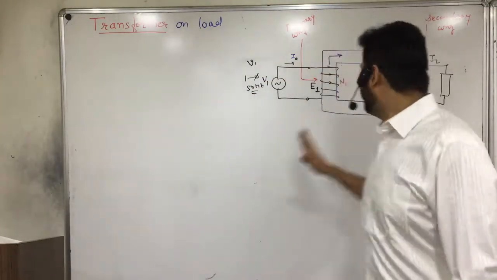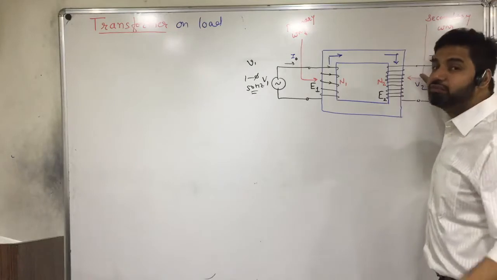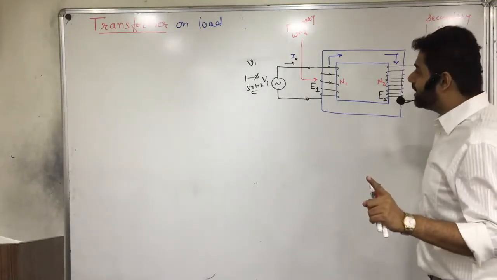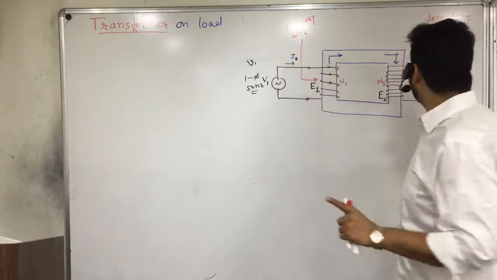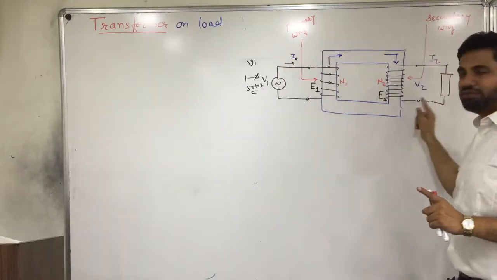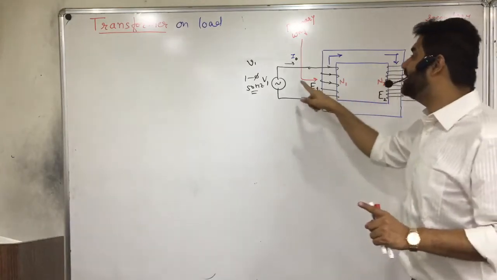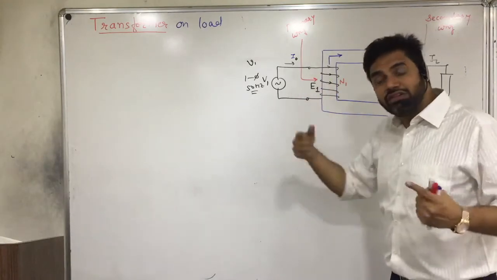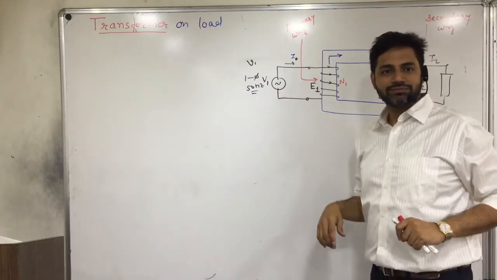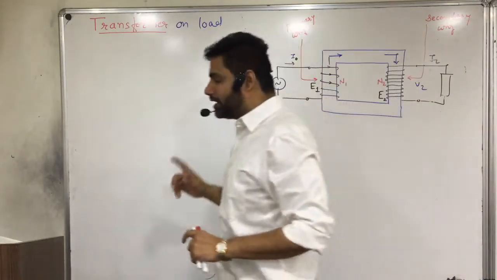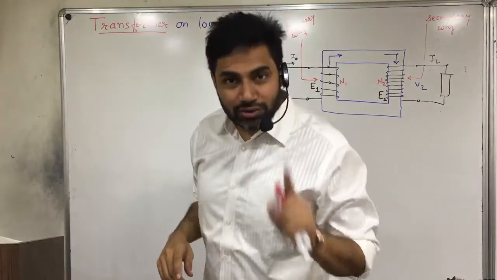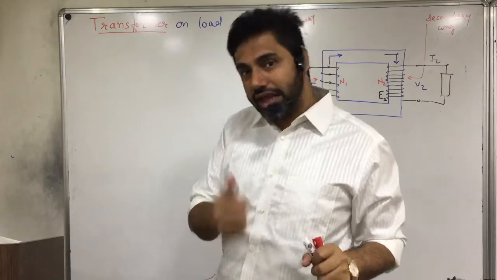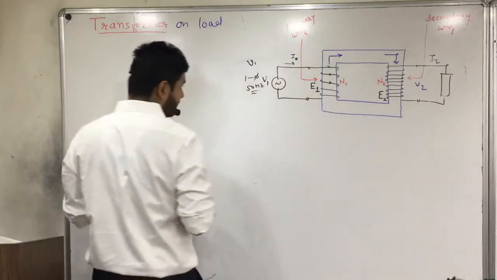See the question, it is very important for you people to understand the question, guys. When the load is not connected, I0 current is flowing. The moment I'll connect the load, what will happen? Some current will start flowing into the circuit. Naturally, due to that, this current will increase. But how will this circuit come to know that it has to increase the current? Question is clear? Pause the video, try to think, fine. If you can understand it, it's really nice. But if you cannot, then we can understand it here.